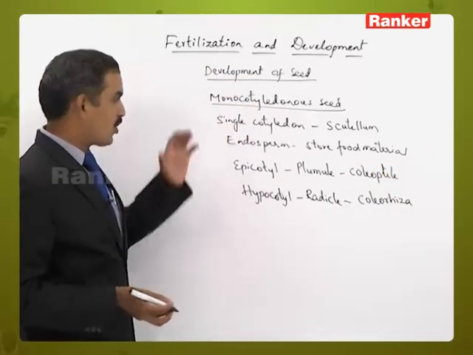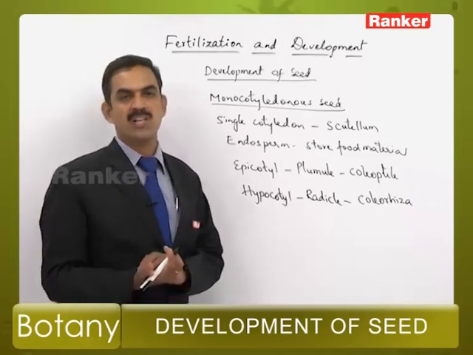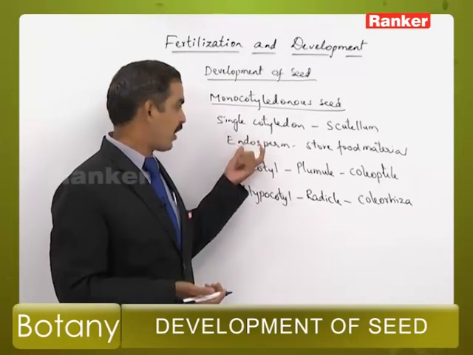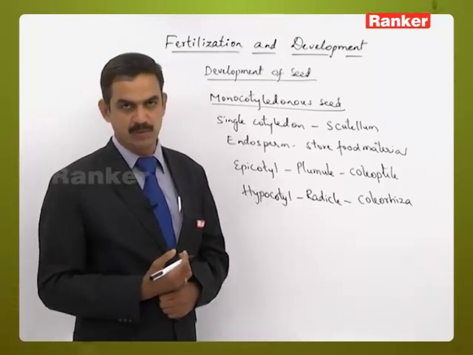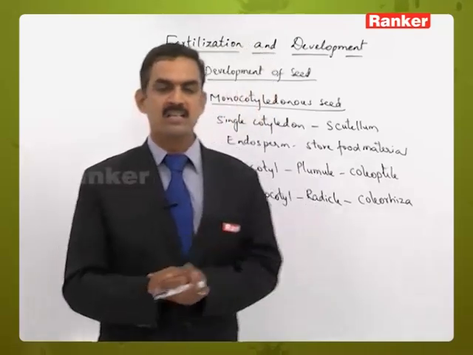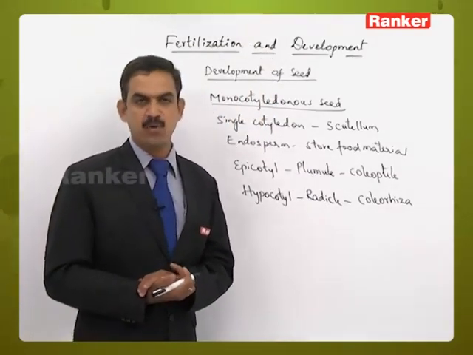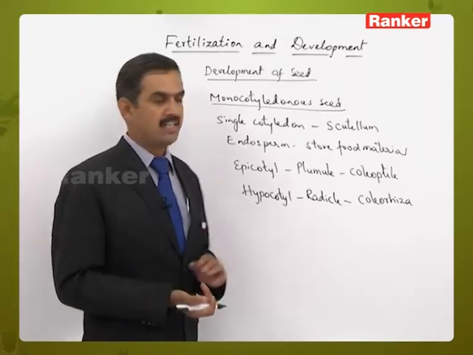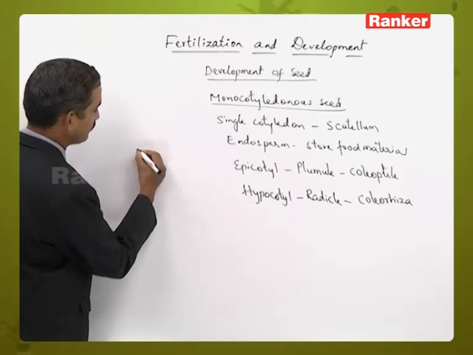And in monocotyledon seed, the embryo part is pushed towards one lateral side, whereas the majority portion of the monocot seed is occupied by the endosperm. And separating the endosperm from the embryo, there is a triploid layer present called as aleurone layer, a protein rich layer called as aleurone layer. So, if you observe the structure of this monocotyledonous seed,